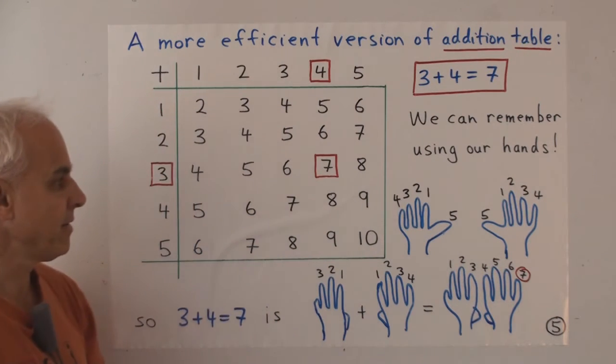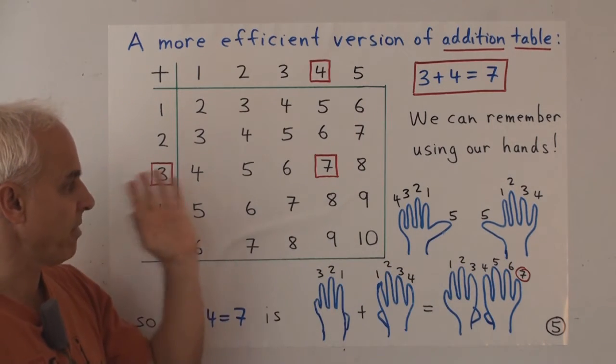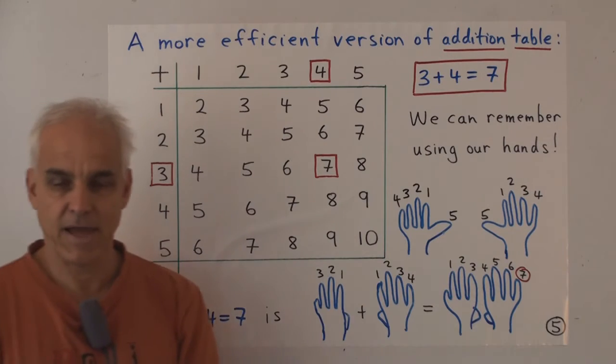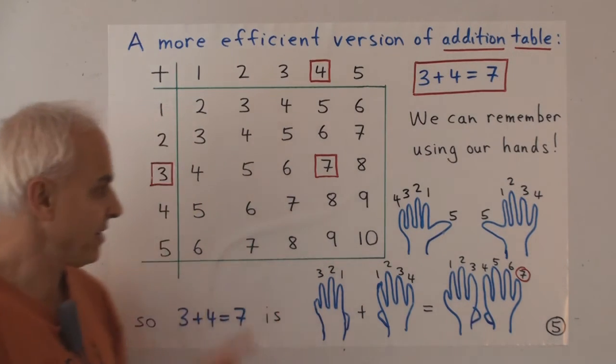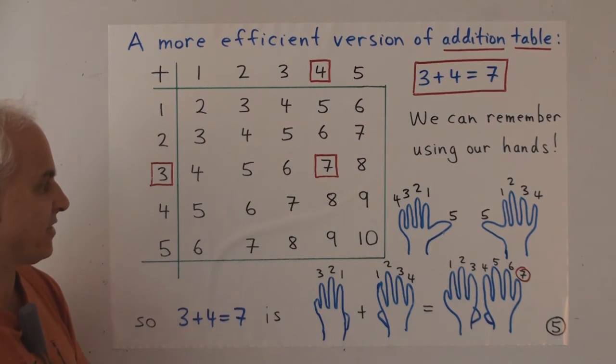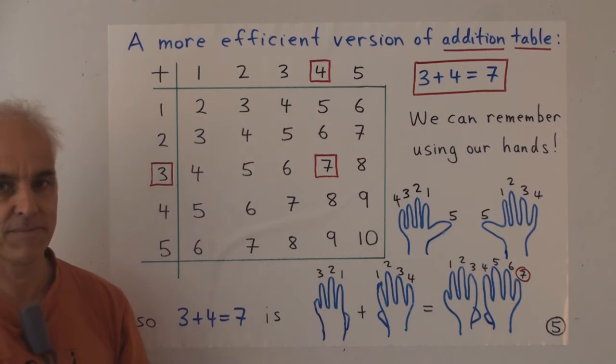Okay. So this is a preliminary kind of business, but later on we just want to memorize this table and have it solidly in there so that they can very, very quickly tell us the result of the sum of any two numbers. 4 plus 5, it's 9. Very quick.